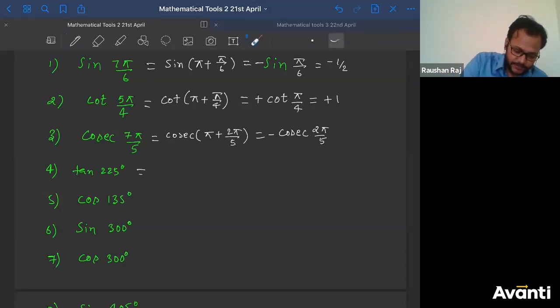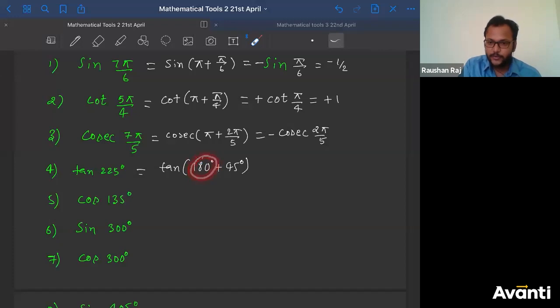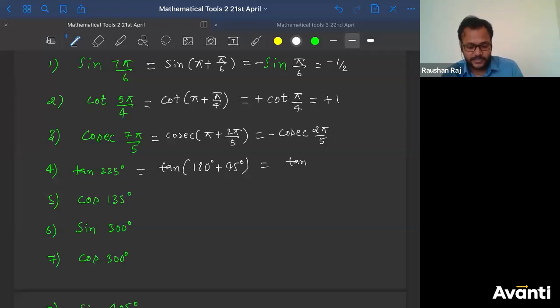So let me write this here: 225 I can write as tan of 180 degrees plus 45 degrees. 180 is nothing but pi, and this is just an acute angle theta. So this is also in terms of n pi plus minus theta, actually in the form of n pi plus theta. If we convert that, what will I do? I will copy the same trigonometric ratio and write the acute angle. So tan 225 can be written as tan 180 plus 45. Then I'll copy the trigonometric ratio because it is in the form of n pi plus minus theta. We are talking about tan theta, so I have copied it here. The acute angle is 45, so I have written it here.